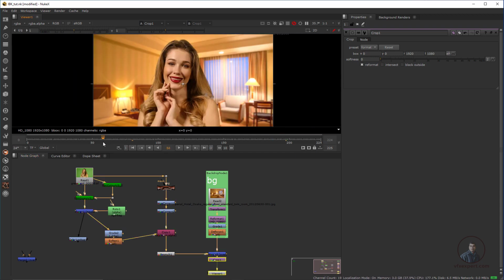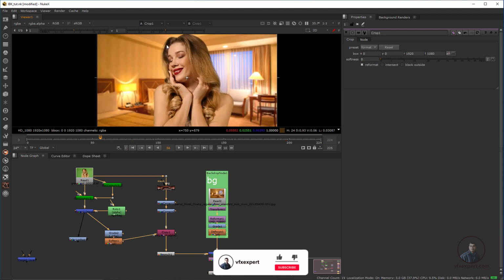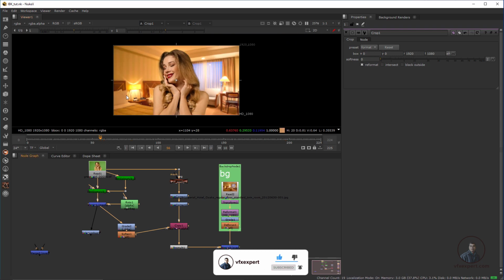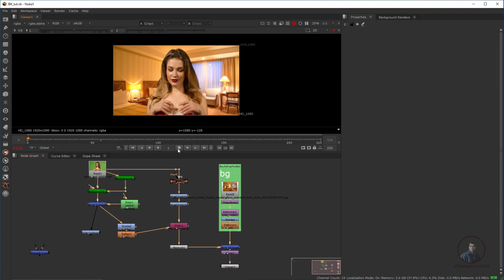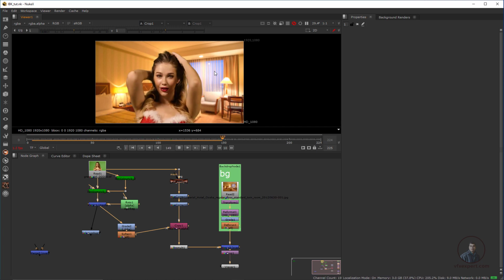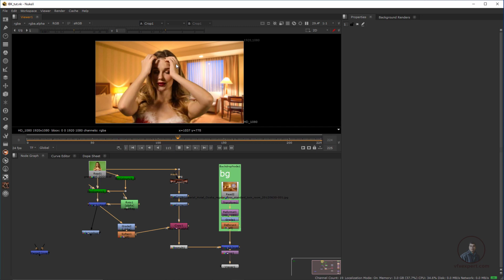I think this is looking good here. The remaining you can adjust according to your requirement. I think up to here this is looking good. You can see everything. Now play and check here. Now here you can see, I think this is looking good here. You can easily see.